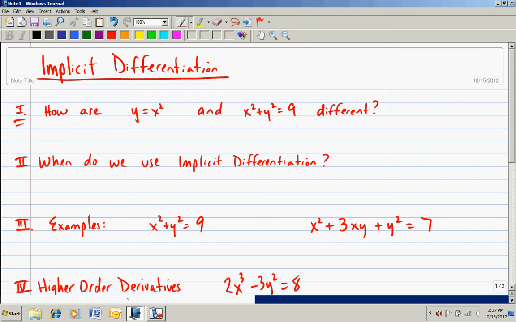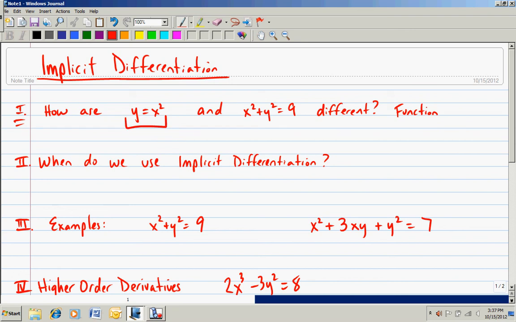Well, you could look just at the equation itself and say that one has a single squared variable while the other has two variables that are squared. You might also say that in the first, y and x are on opposite sides, and in the second, x squared plus y squared are on the same side. Well, those are just cosmetic. I could easily move variables to one side or the other. But the key difference here, from a function perspective,